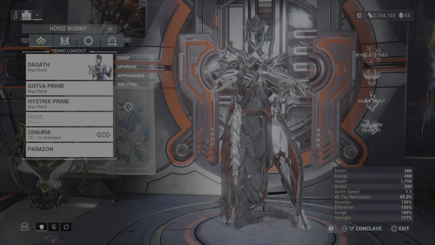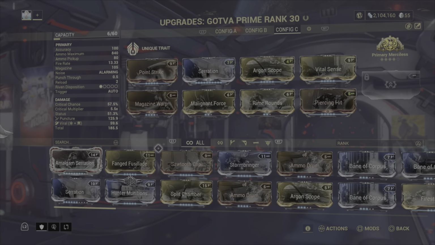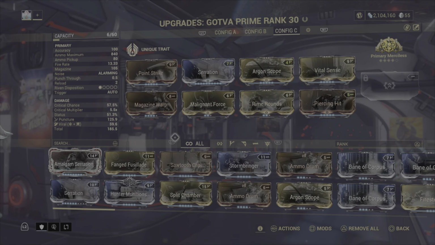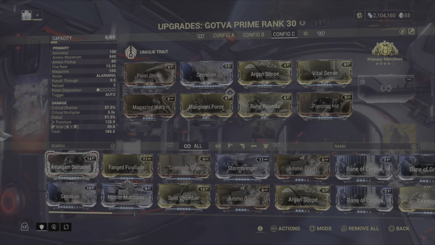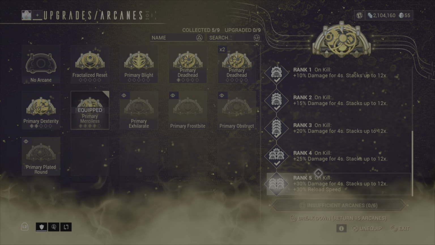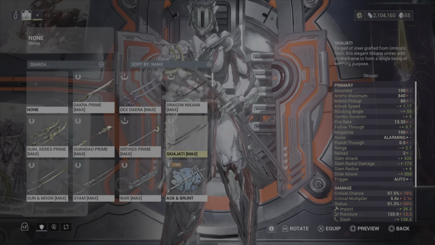But I'm going to be using the Gatova Prime. This is the build that I'm using right now. It is based around her because she does viral damage, so I made it do viral damage to also add on to hers. I also have Primary Merciless, which is cool. But I plan to get her